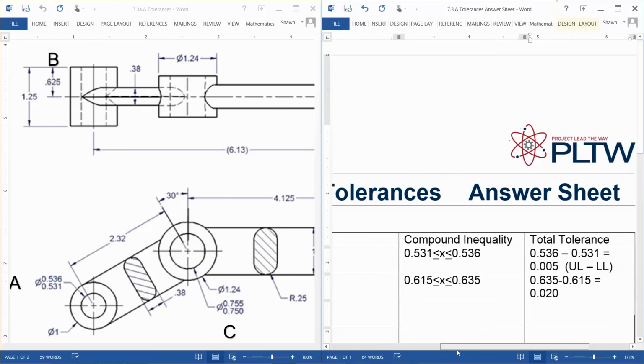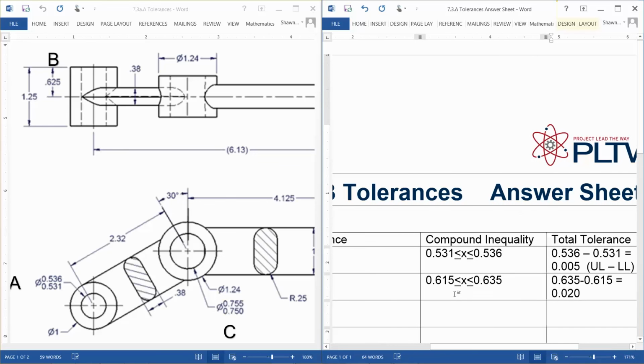So this compound inequality is probably the hardest thing here. I'm going to go over this one more time. How do we get this 0.531? Well, on the limit tolerance, that's pretty easy. I just took the smallest, and that's my biggest. So the limit's real easy. It becomes a little bit more difficult when we have to add and subtract. To get the 0.615,